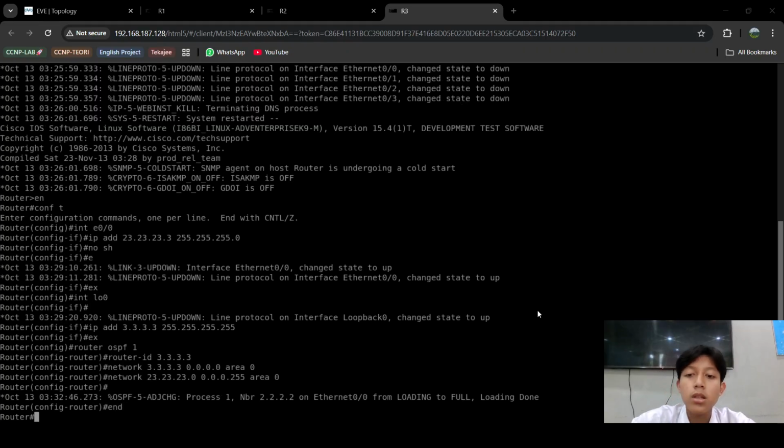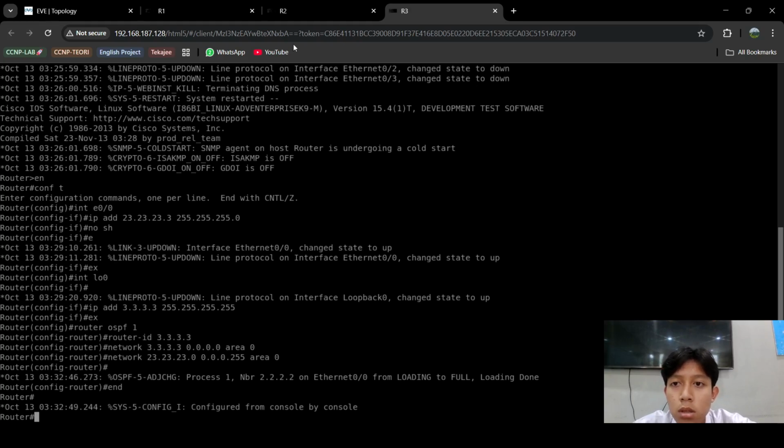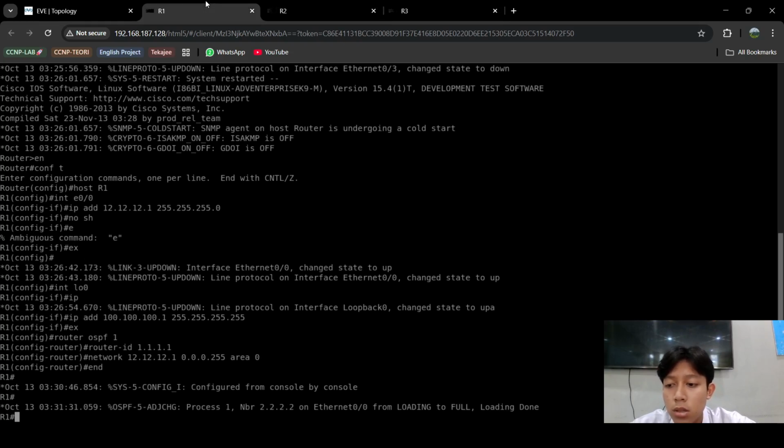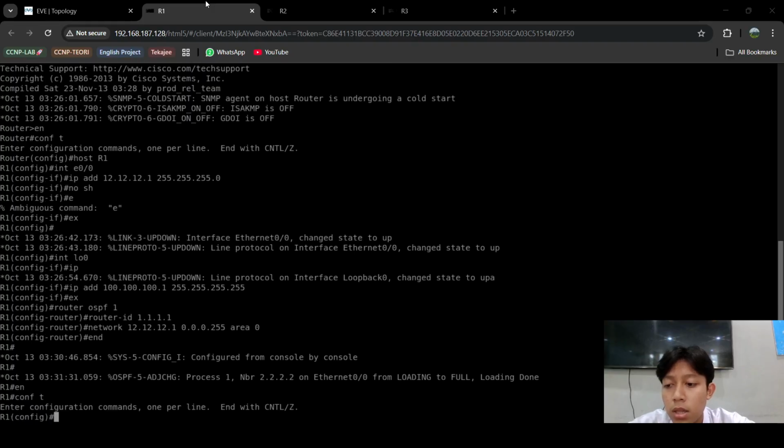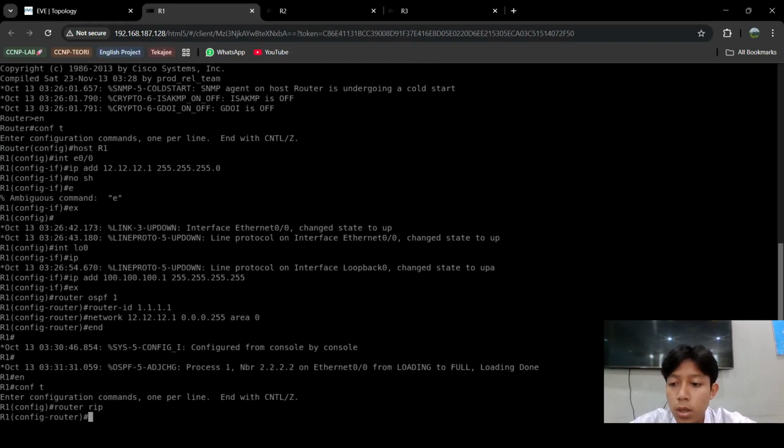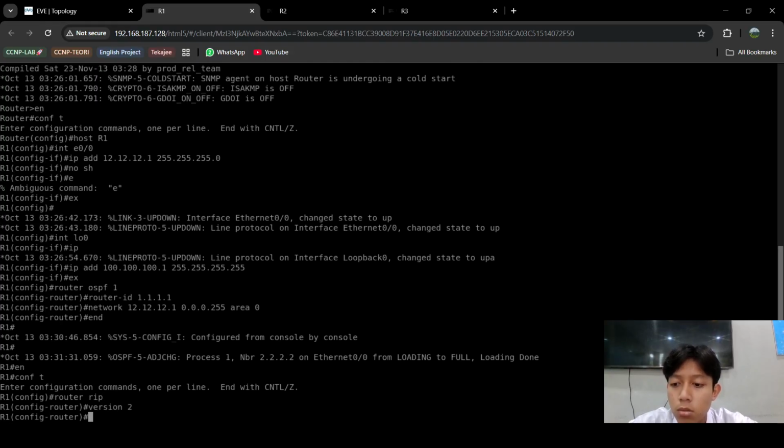After that you can configure the RIP version 2 configuration on router 1. So you can move to router 1, enable, configure terminal, and type router RIP and type version 2. After that you can add the loopback IP that we already added for the RIP configuration.